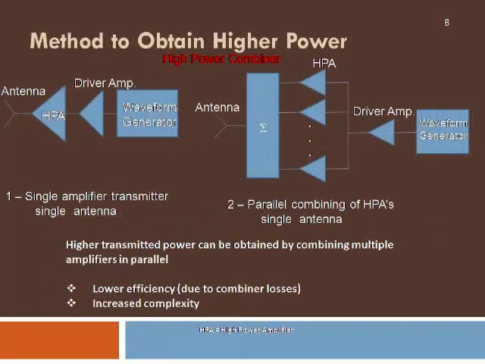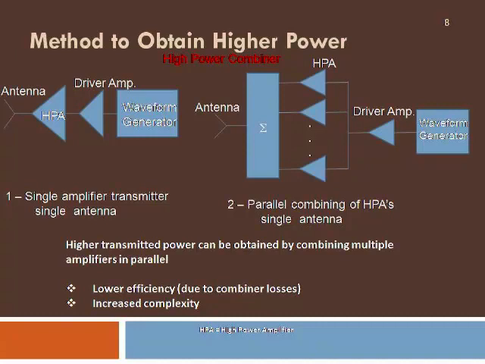Here we will see how this high power amplifier can be introduced into the radar system. If we are going to have separate antennas like in a phased array system, we can use a separate amplifier for each of the antennas as shown in the first diagram. Here every amplifier will be separately fed with the DC supply and the signal input, and the output of this amplifier will be directly connected to the antenna.